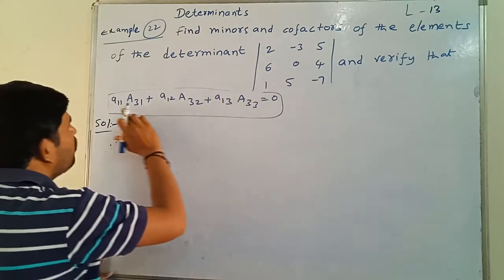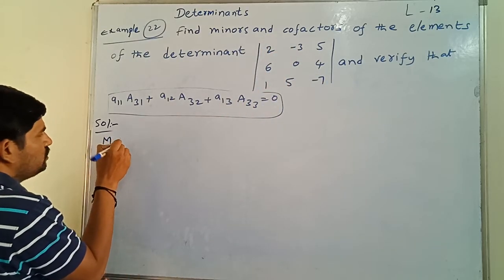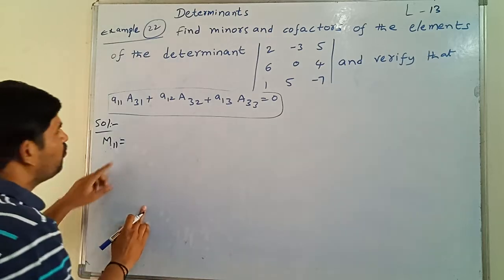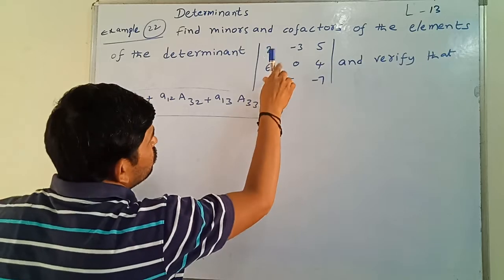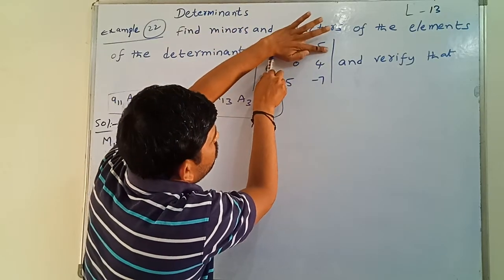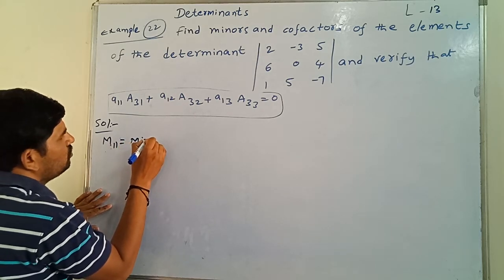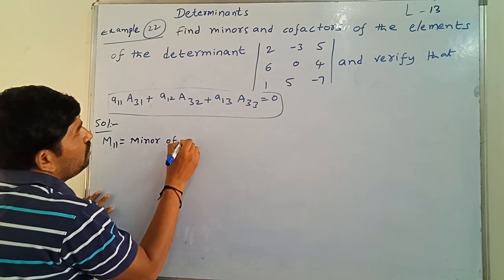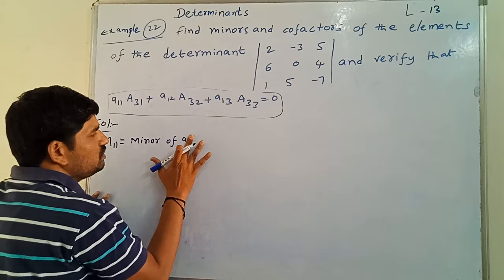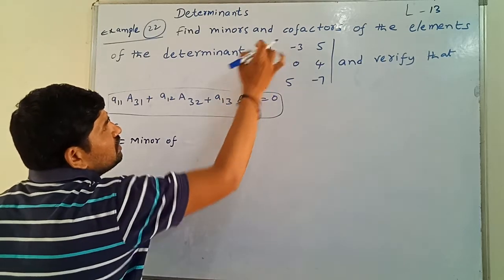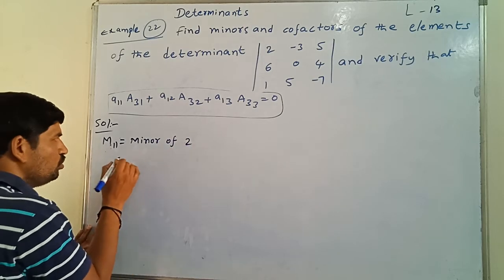Now we are taking here one by one, we can continue with the minor and cofactor. So M11, we know that. M11 is nothing but what? The minor of the first element, 2. So the minor of the element 2. See, we just have to close this one. For the minor I will write the minor of a11. In place of a11, I will write here the element, which is 2. So the minor of the element is what?